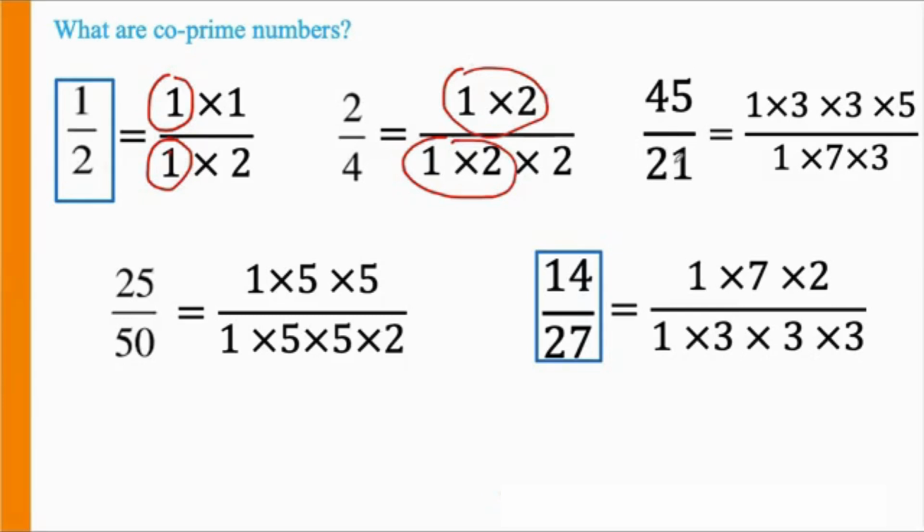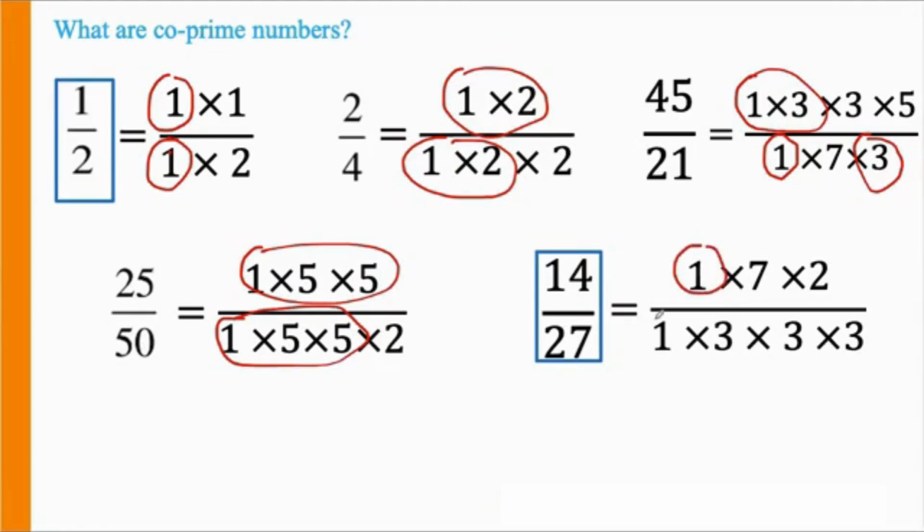If you look at 45 upon 21, you have 45 as 1 into 3 into 3 into 5, and 21 is 1 into 7 into 3. Again, you have two common factors, 1 and 3. 25 upon 50, you have three factors common here. 14 upon 27, only one factor, which is 1. Look at these two numbers and you can see the only common factor between them is 1. Here also you have only 1 as a common factor, and therefore this rational number 1 upon 2